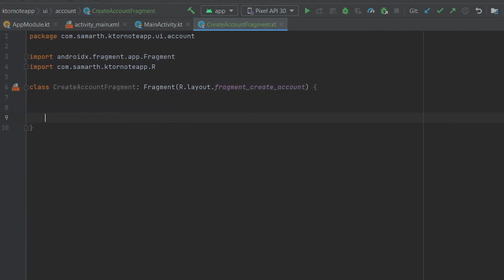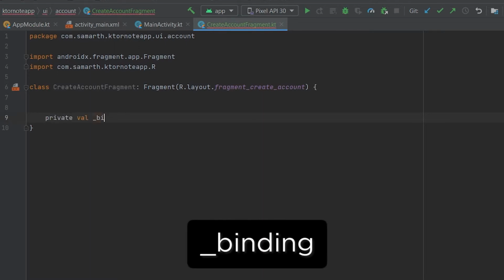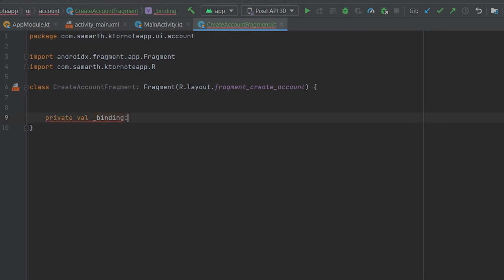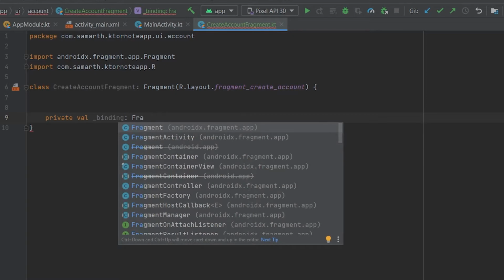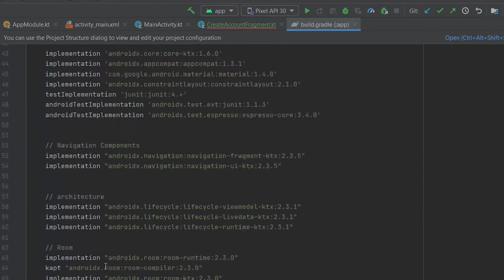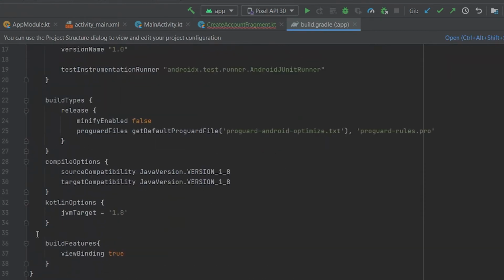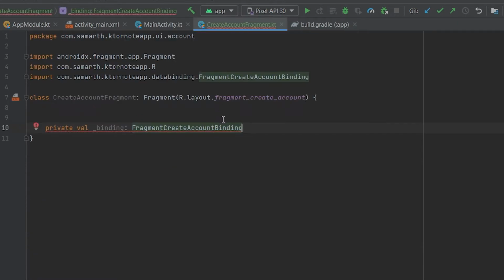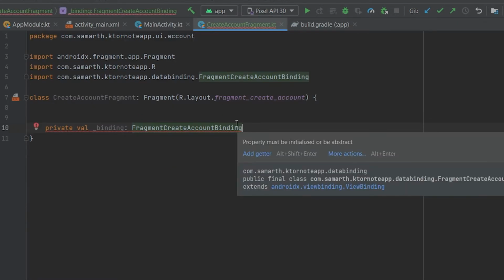Now in this fragment we need to create a variable which is private var binding, which is of type fragment create account binding, and this binding class came from view binding which we have implemented. Here you can see in this app level build.gradle file I have added the build feature which is view binding. So if you are not getting that binding class, then must add this view binding here,